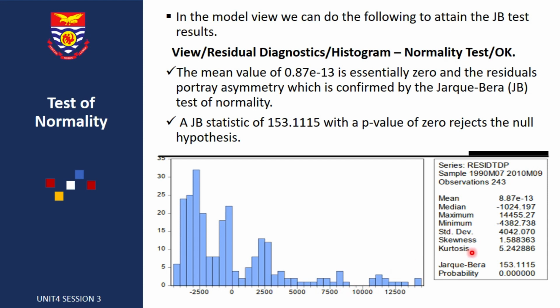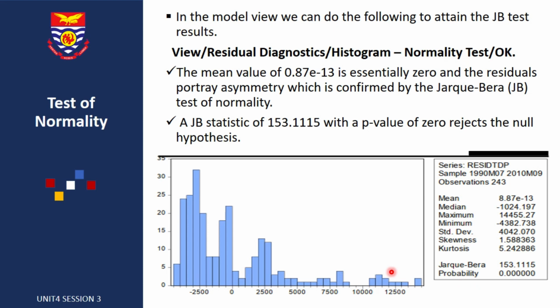Here, a skewness of 1.5 indicates that the data set is not normal, it is skewed, and there is also an excess kurtosis of 5.24, which is way above the 3.0 standard we have set. Also, a Jarque-Bera statistic of 153.111 and a probability value of 0.00. We said that if we don't have enough proof to accept the null hypothesis, we reject the null hypothesis that the data is normal, because we should have a value of more than 0.05. Here we have 0.00,